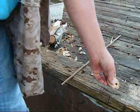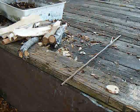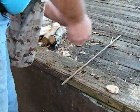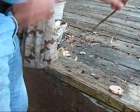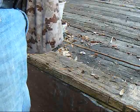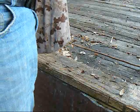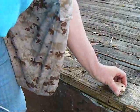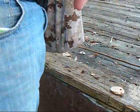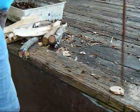So there's my notch. Y'all excuse me. Throw a little bit more wood on my fire here. Now I'm just going to put a little tiny leaf up under there and see if it'll collect the coal. Make that notch a little bit further back. It ain't quite as far as I like it to be. There we go. That way we might get a little coal with it. I ain't gonna start a fire, obviously I've got one, but